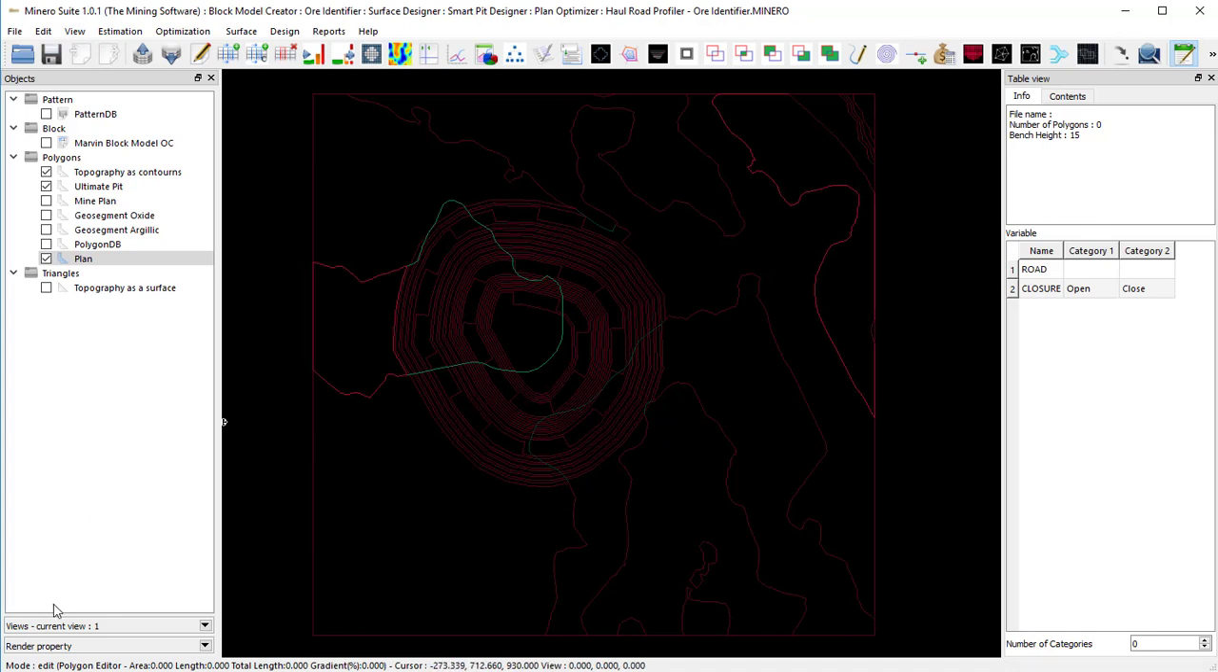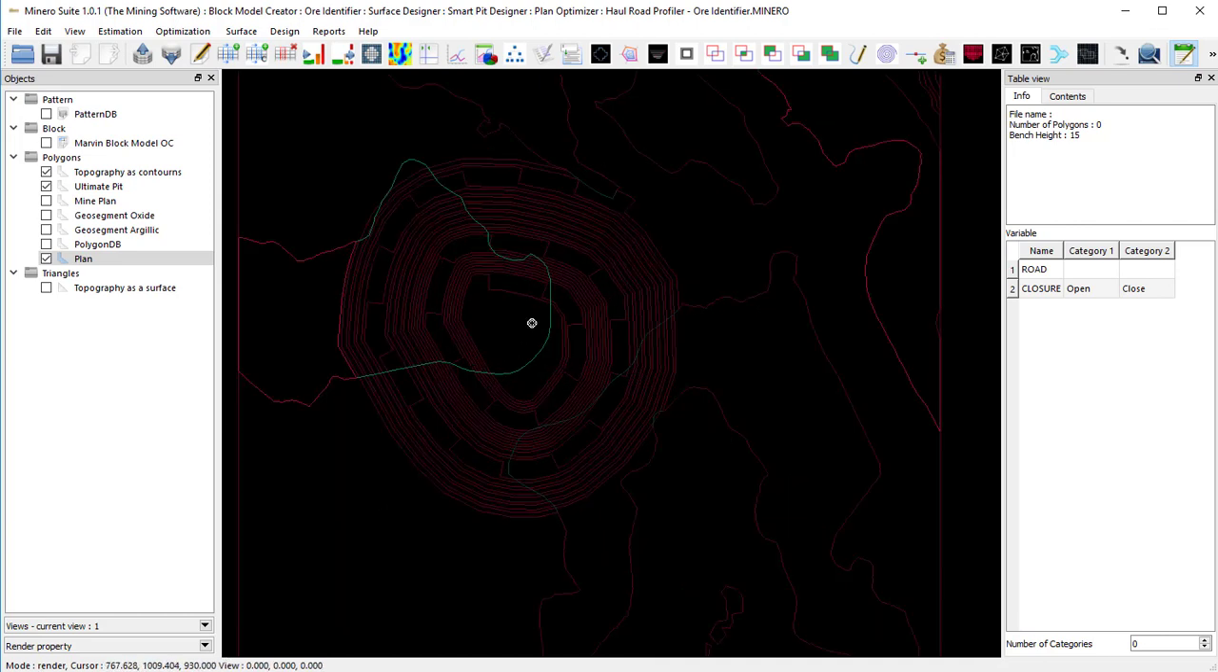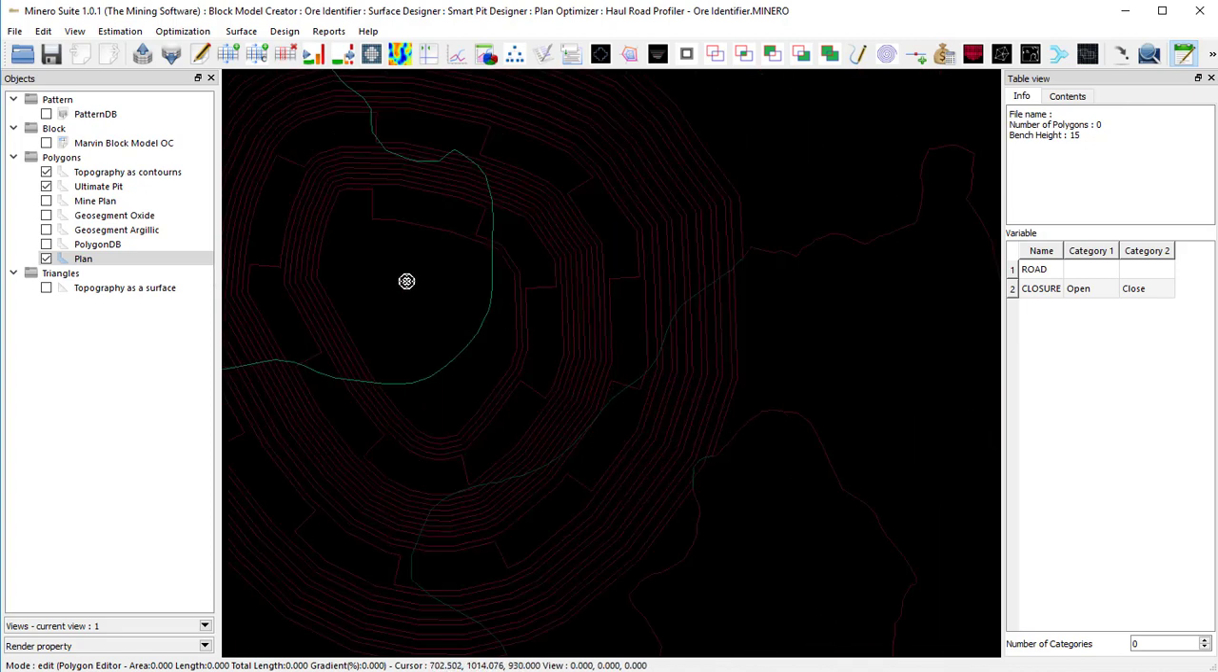There are two modes in Minero. The mode is always displayed at the bottom of the UI. By default, it is in render mode. Use the E key to go to edit mode and the V key to go to render mode. Once in editing mode,